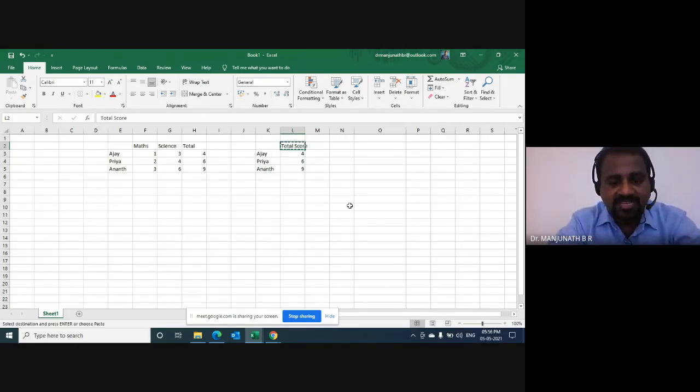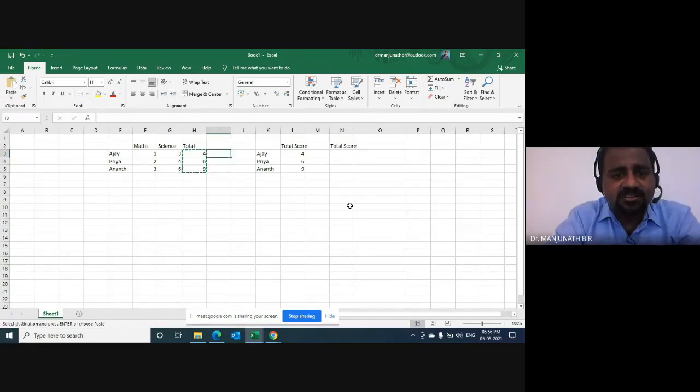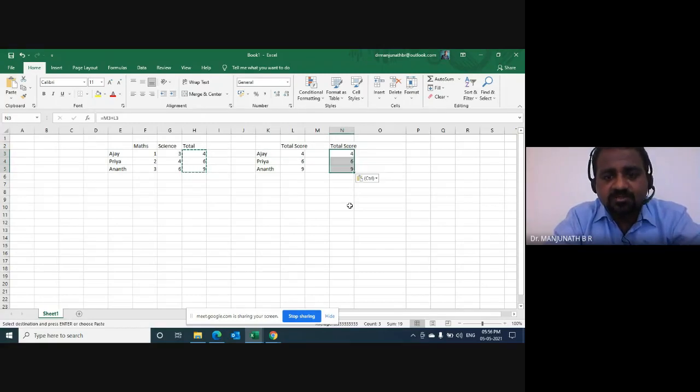You know what people will do? Let's say I want a total score here. When they do copy paste, I'll show you what you will be doing, or your friend will be doing, in the next few days. You will do Control C, Control V, and then you're getting the value as 469. Why? Because I already used the formula here and it has taken it for granted. Now I'll do Control Z for your easy understanding.